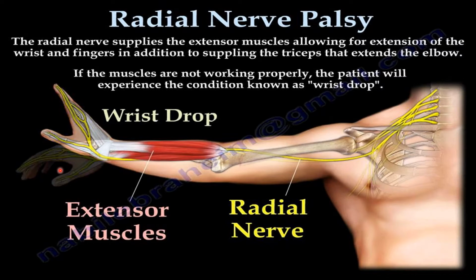The interphalangeal joints can be extended weakly through the action of intact lumbricals and interossei, which are supplied by the median and ulnar nerves. The radial nerve has only a small area of exclusive cutaneous supply on the hand. Thus, the extent of anesthesia is minimal even in severe radial nerve injuries and is usually confined to a small area on the lateral part of the dorsum of the hand.